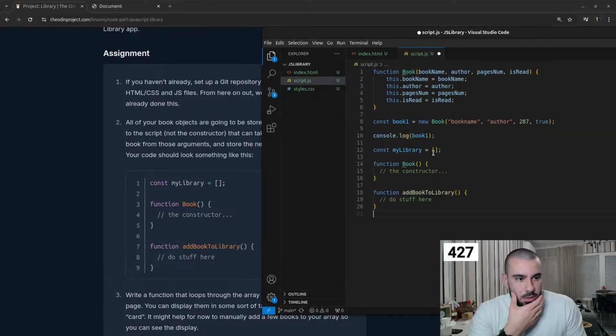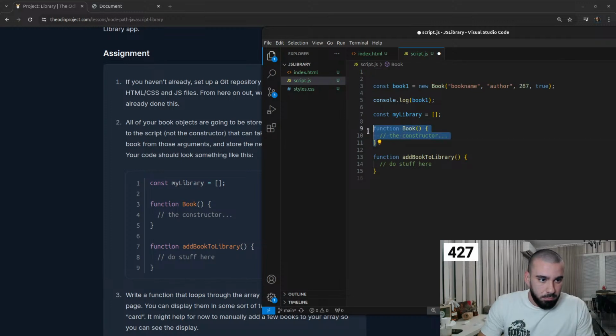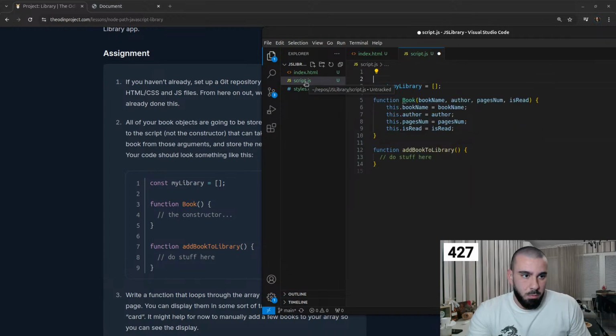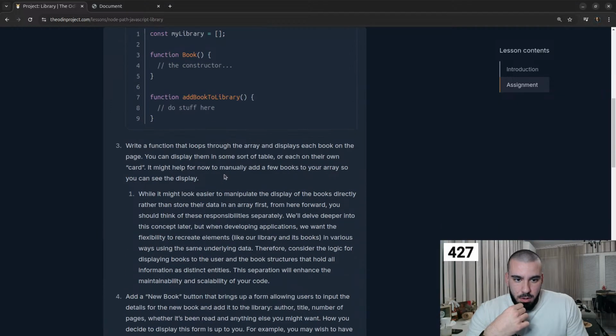We'll have const myLibrary, so this will be the library where we hold the books. Function Book, we already did that, so we can just paste the constructor in here. We'll remove this, and function addBookToLibrary, do stuff here. So, write